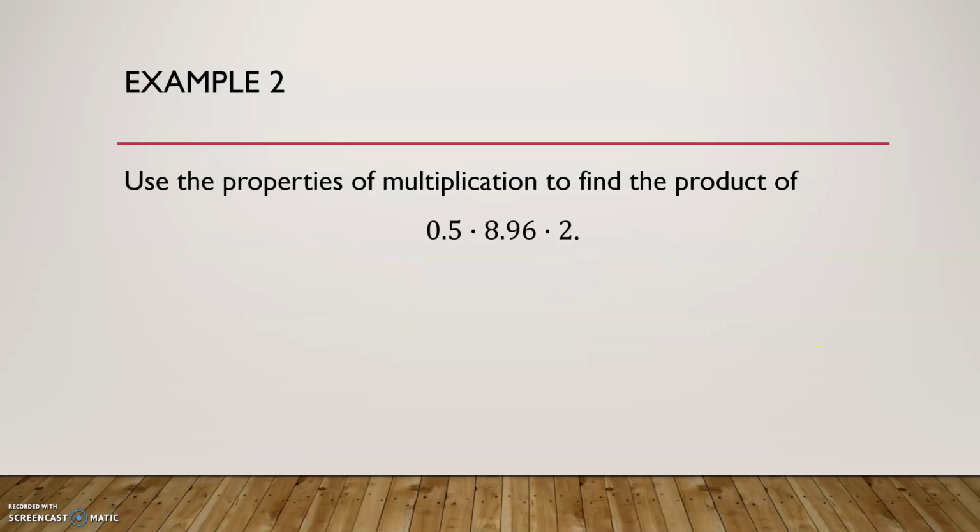So use the properties of multiplication to find the product of this. So we've got these numbers being multiplied together, and we can do this using mental math. So what I'm going to do is say, okay, 0.5 and 8.96, those would be difficult to multiply together. But 0.5 and 2 would be easier to combine. So I'm going to use the commutative property here